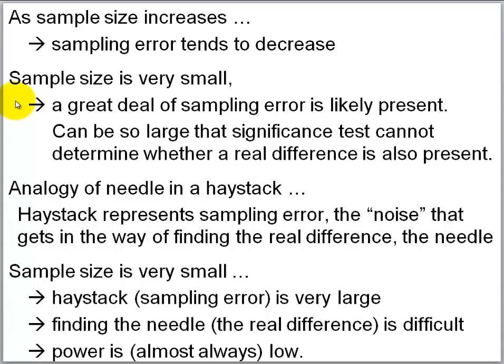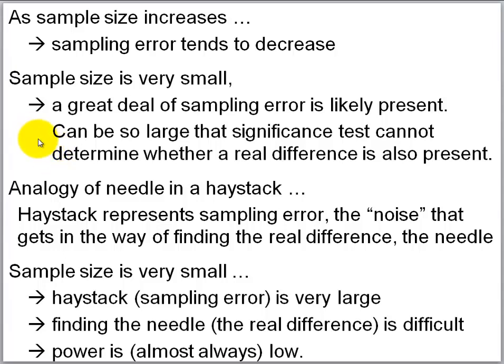In other words, the study sample result may differ a lot from the population condition just due to the luck of the draw. Now in essence, in this situation, the significance test is trying to determine whether the difference between the study result and value stated in the null is reflecting a real difference or whether that difference is